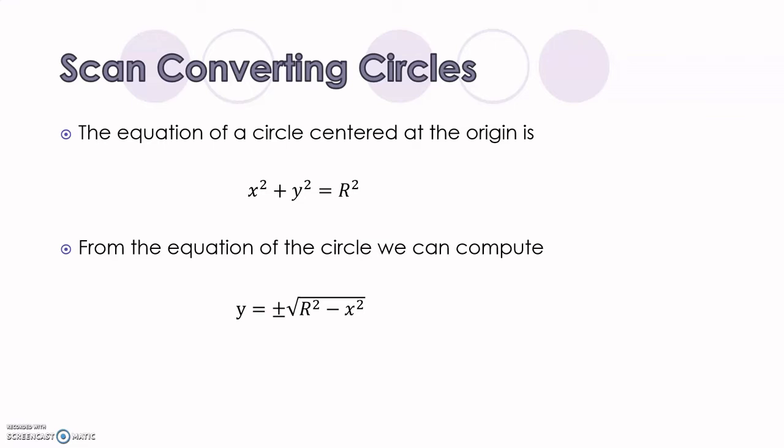So to draw a circle, we can increment x from 0 to r, where r means radius, in unit steps. Then solve for y for each step. But this method is inefficient and time consuming as it involves multiplication and square root operations. Because we have to find r square, x square, and find the difference of those, and then find the square root of the same. So it involves so many operations.